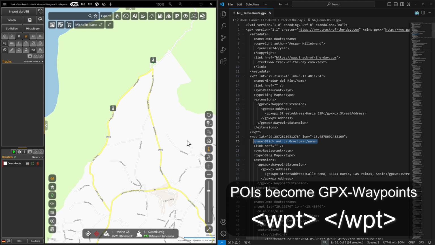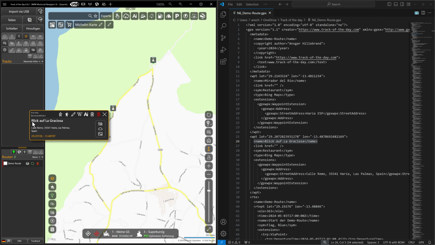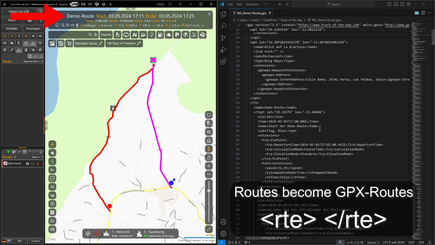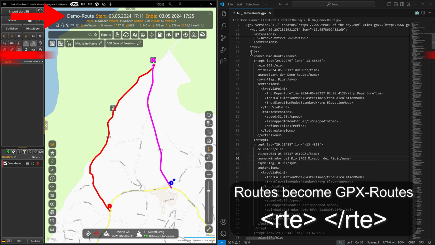A GPX file can be compared to a zip file, which contains some documents, images, and videos. For example, the name of the zip file has no influence on the names of the files it contains. So the file name of a GPX file doesn't matter at all, because after import, only the name of the elements it contains is used.